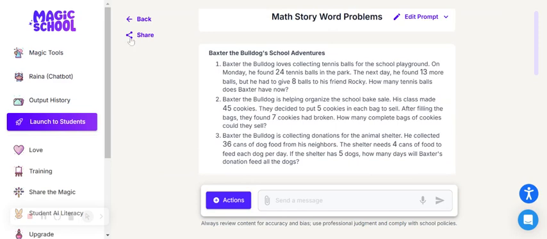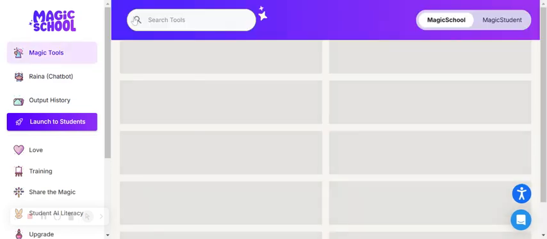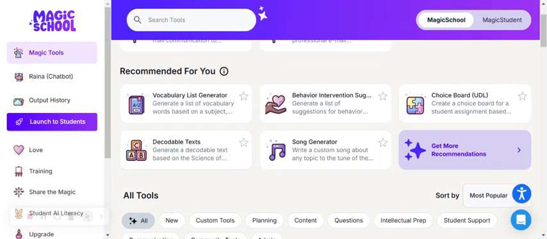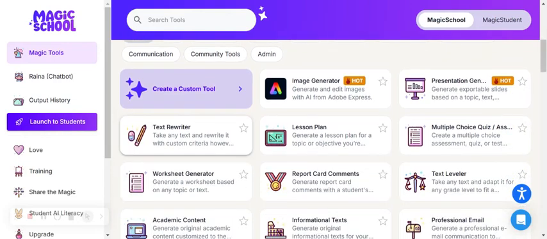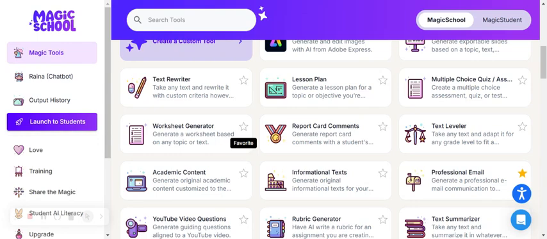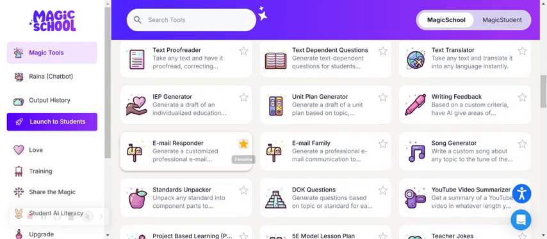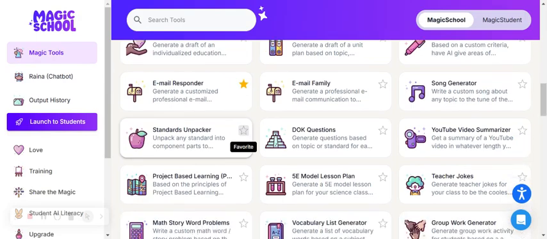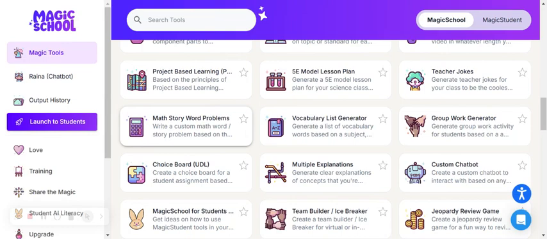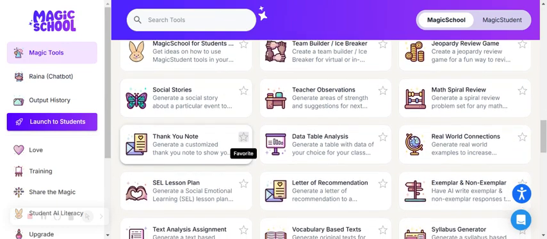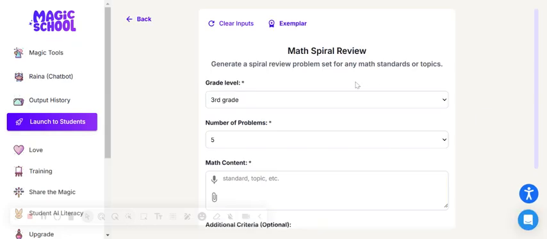I showed her that today. So that's something cool. Another thing I like, it's just so much on here. I was able to create a math spiral review. All right, so